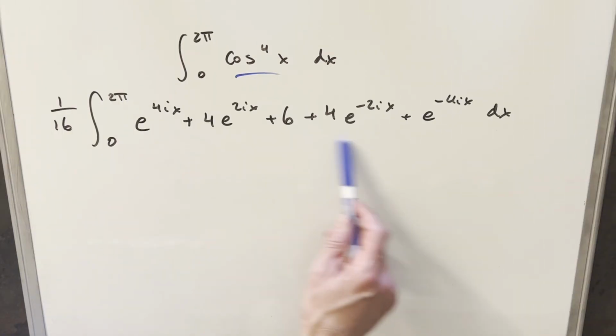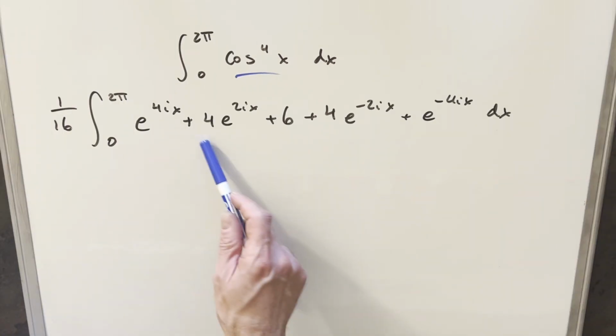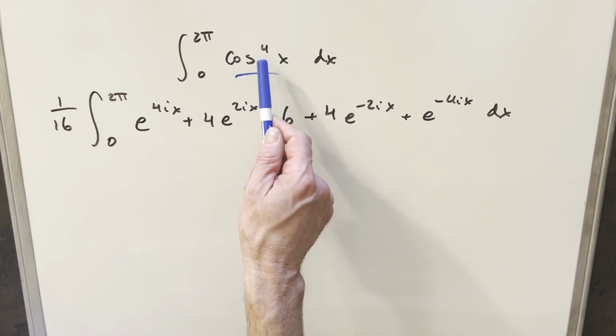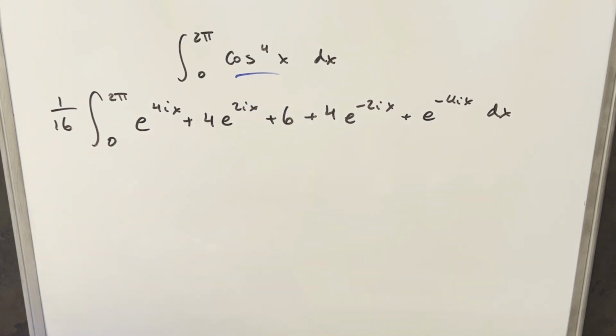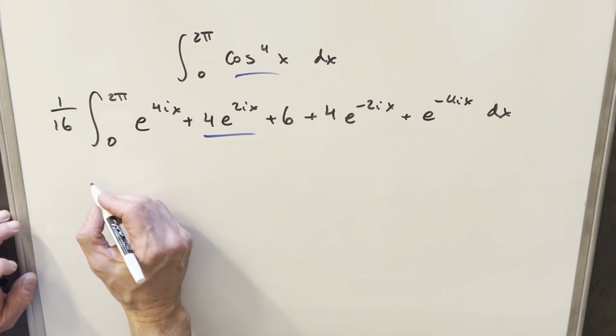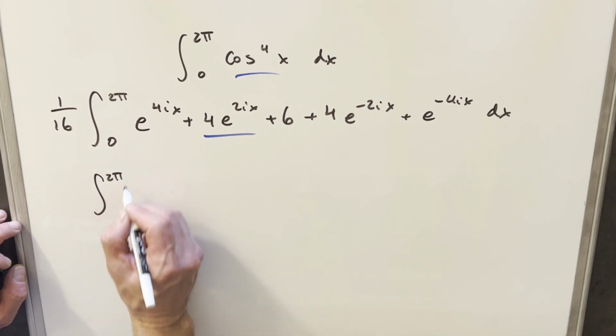Okay, at this point we can actually just integrate this and finish it off. It's not too bad. But my thinking is, what if the exponent was bigger? What if it was to the 20th power? What if it was to the 100th power? Then we wouldn't want to integrate 100 terms. So what I want to do instead is look at one term and make it generic. So instead of looking at 4e to the 2ix, let's still integrate from 0 to 2 pi,